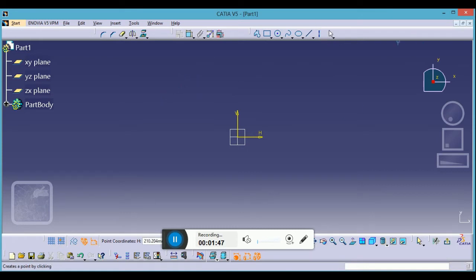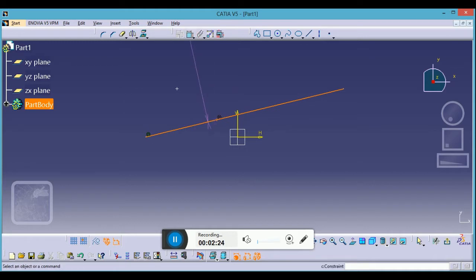Then there are several types of point. First is just by clicking. You just need to click that point and your point is with you. If I need a point on this line, I will just take it to that location and click wherever I want. And if I want to control its dimension, you just need to select this point, select this point.